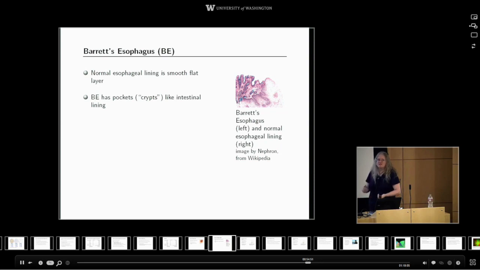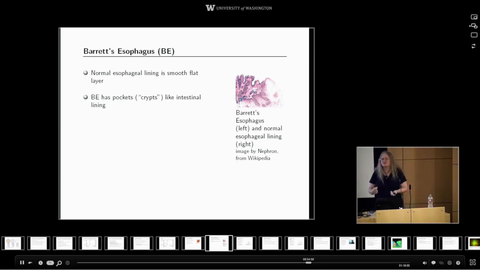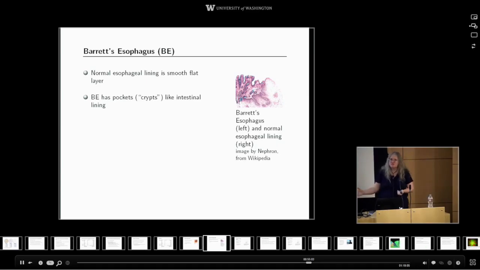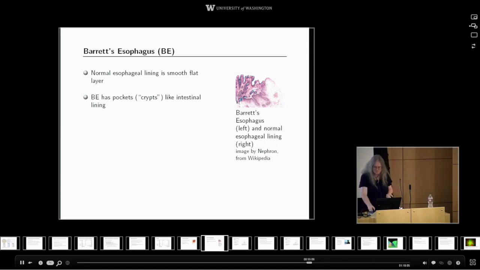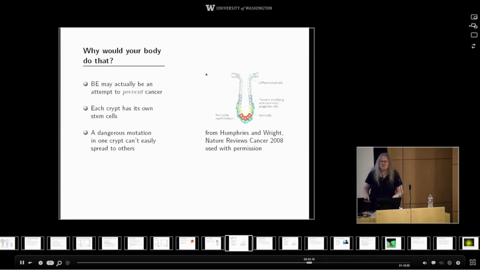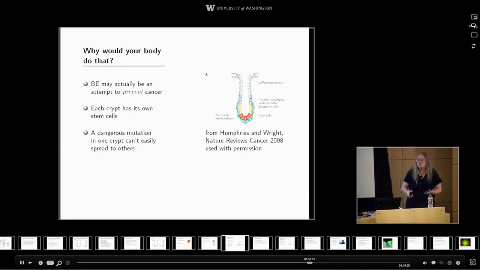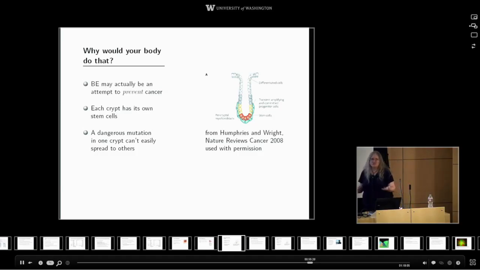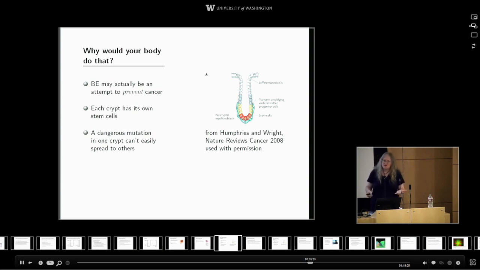So it's interesting. This is not a disorganized tissue. It's very carefully and logically organized, but it's organized differently than a normal esophagus. The cells have changed their fate from a normal esophagus lining to something that's surprisingly close to intestinal lining in the throat. Why would your body do that? That is really weird. It may actually be an attempt by the body to deal with this ongoing acid damage. The stomach juices are mutagens. They damage DNA, and that's a risk situation for cancer.